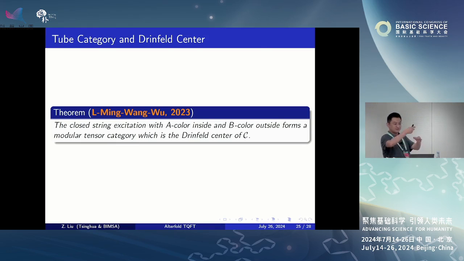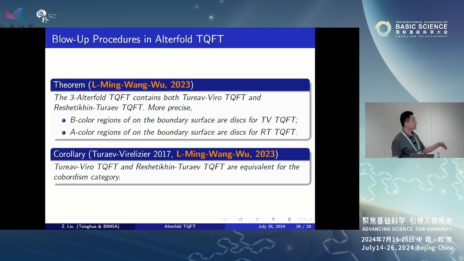And on this circle, on the time worldsheet of the circle, it's a tube. And previously, people constructed the Drinfeld center using the so-called Ocneanu tube algebra. So this just naturally comes up. And then if we implement the surgery theory, we can get the Reshetikhin-Turaev 1+2 TQFT as well. It coincides with the original one. So in our theory, the TQFT contains both 1+2 zero and the Reshetikhin-Turaev 1+2, and they are just kind of blow-ups by the two different colors.